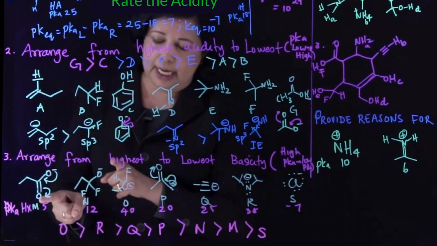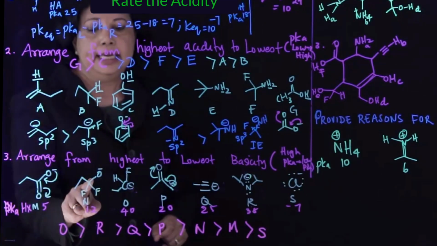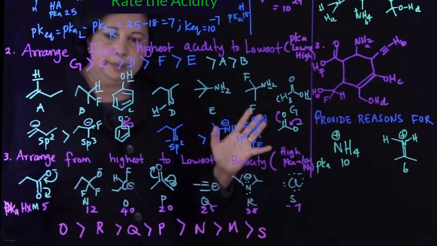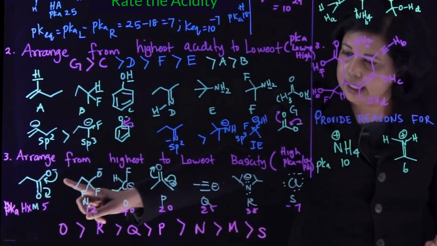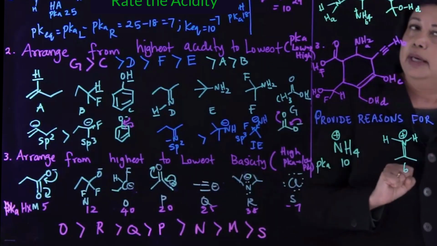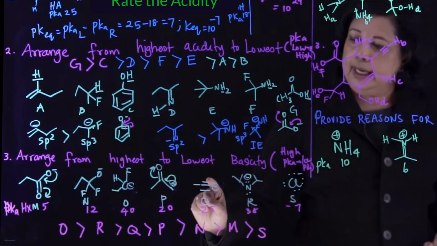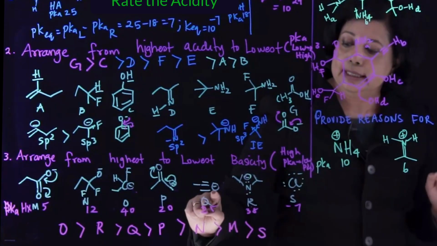Between the oxygen anions, the one with resonance is more stable than the one without. Inductive effect will lower the pKa, but not as much as resonance would. After that, this is the nitrogens, and then you would expect the carbons. But you should always remember that the sp carbon is always more acidic